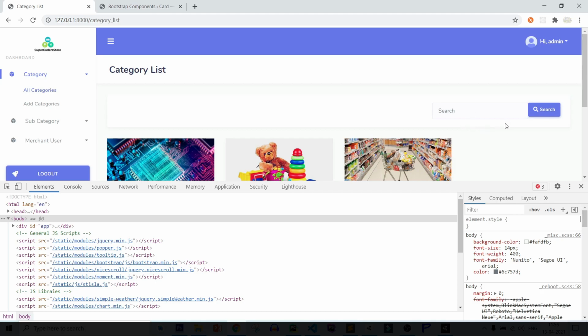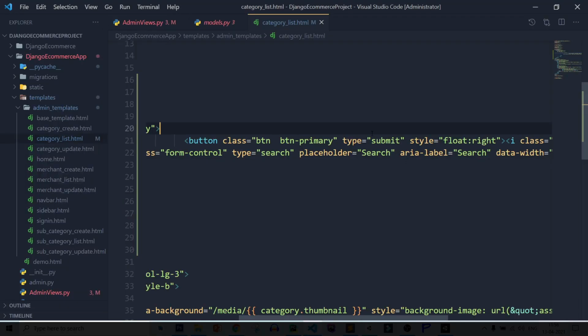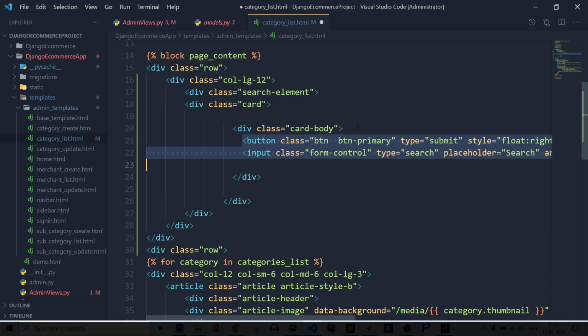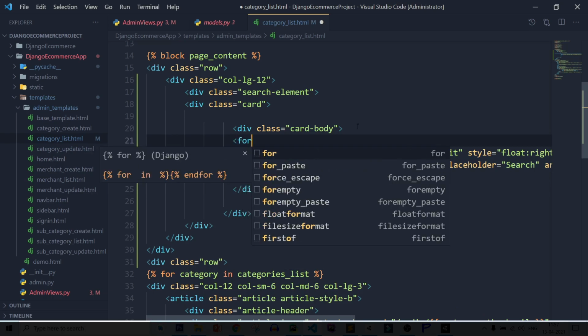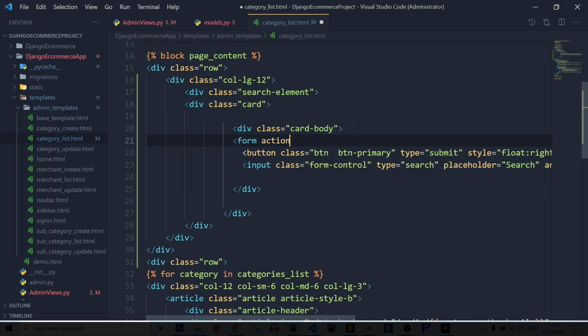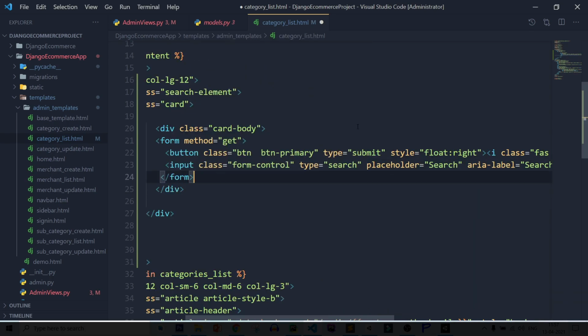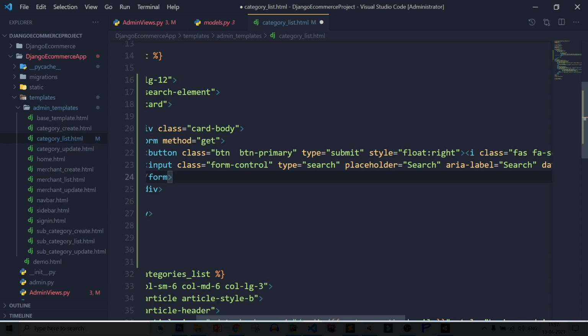After that, let's see search is working or not. So let's add inside form. So form action equal to, or leave the action, only you need to add method equal to get, because we are redirecting the user to this page again after form submit. And here I am using method equal to get, so we can access the value from URL.